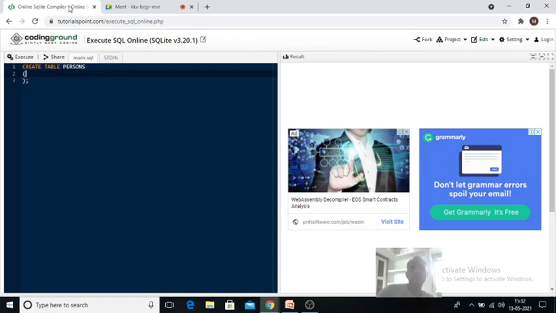Now which is the first column? Person ID is the first column, and what is the data type? Integer is its data type, and comma. Next is last name.